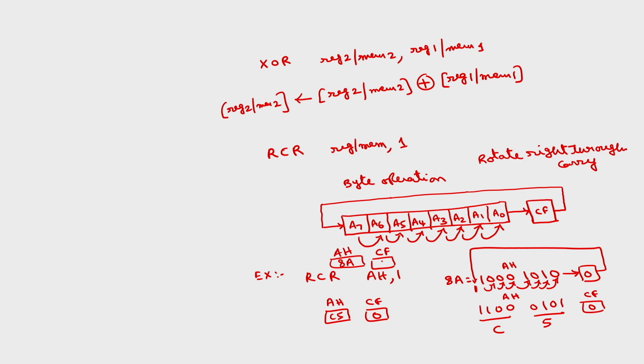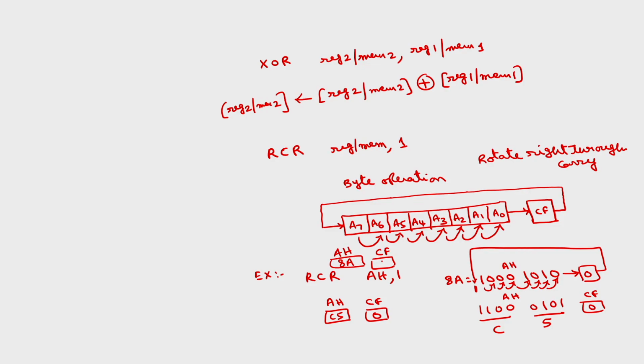So, for the contents of a 16-bit register, a similar operation will take place. The contents of carry will go to A15, and A0 will in any case transfer to the carry flag. Similarly, we can have this as a byte from the memory location or word from the memory location. This is if you want to shift by 1 bit position. If I want to shift by 4 bit positions, instead of writing this 4 times, we can directly mention that 4 in a register called CL, which is an implied register.